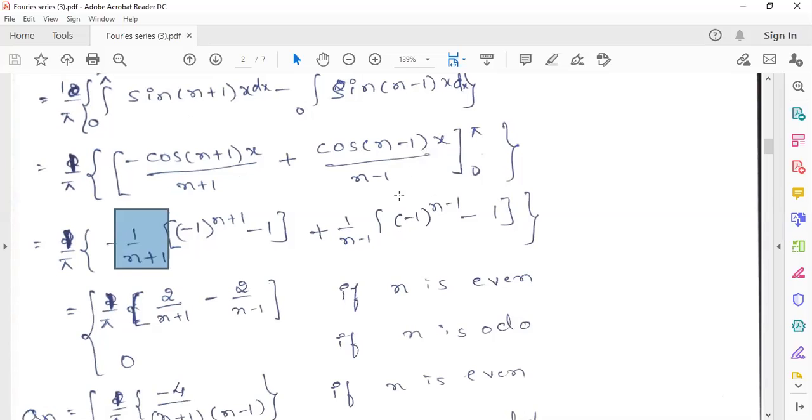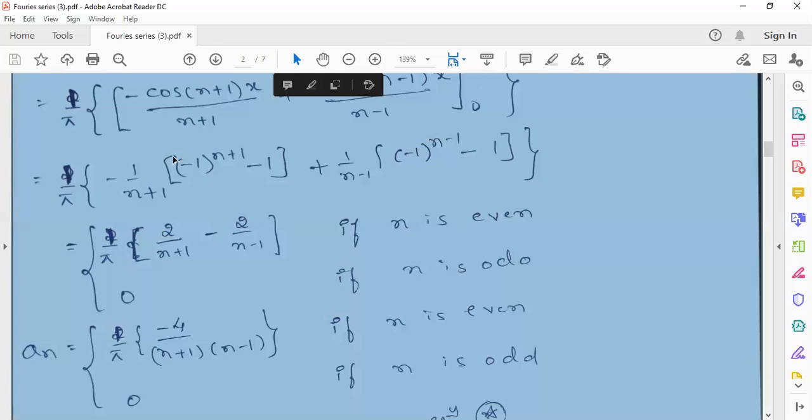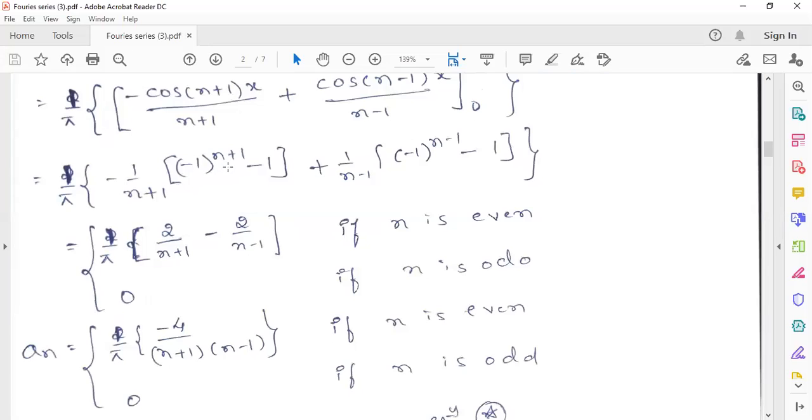So cos of (n minus 1) into pi, that is minus 1 raised to n minus 1, minus cos 0, that is 1. So now from these two terms, I'll write this one as minus 1 raised to n plus 1. If you put n equals 1, this will be plus 1. Plus 1 minus 1 means this will be 0. Here also, if you put n equals 1, this will be 0. Actually, we can't find it for n equals 1 because here it is undefined. Actually, we have to find a1 separately. But I did anyway, you will get it as 0 only. That's why I have not found that one. So for all the odd integers, it will be 0.